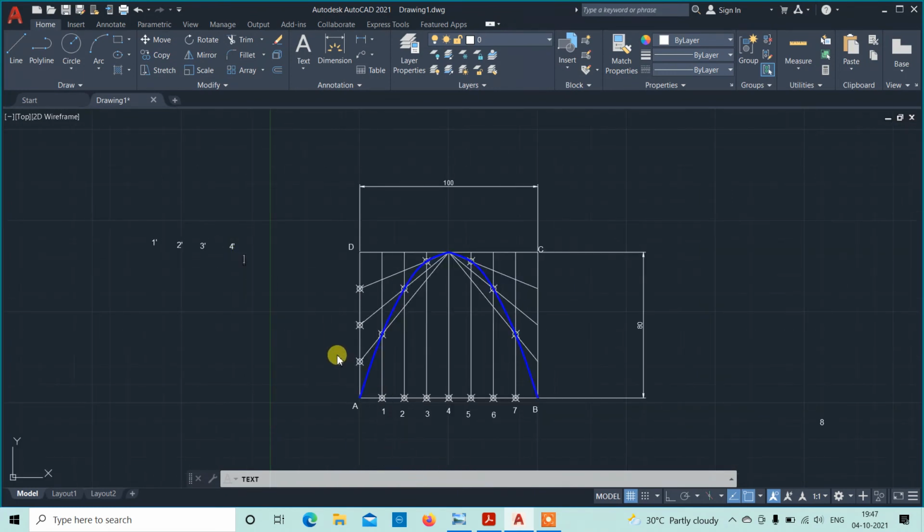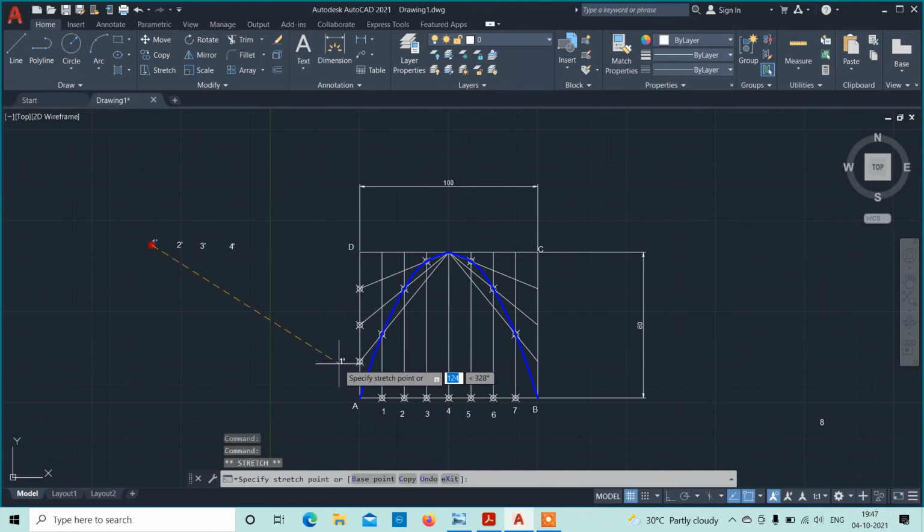This one and this one should match, so I'll just move this 1 dash to this horizontal location.